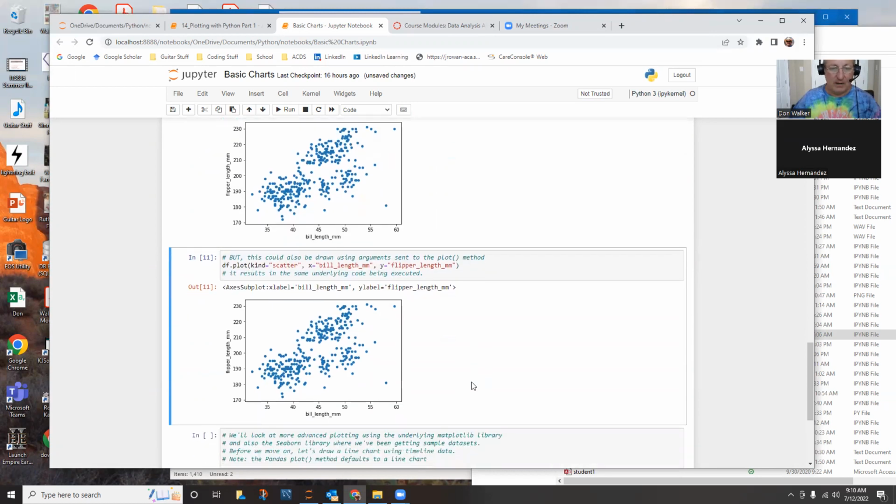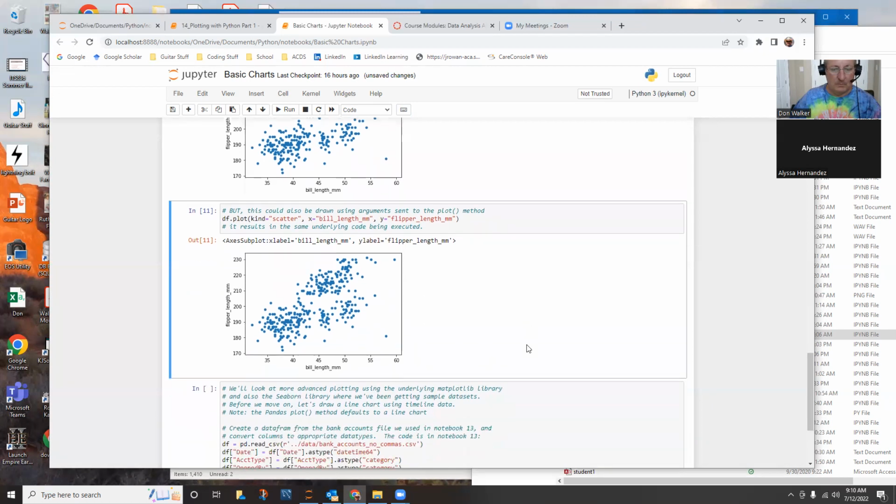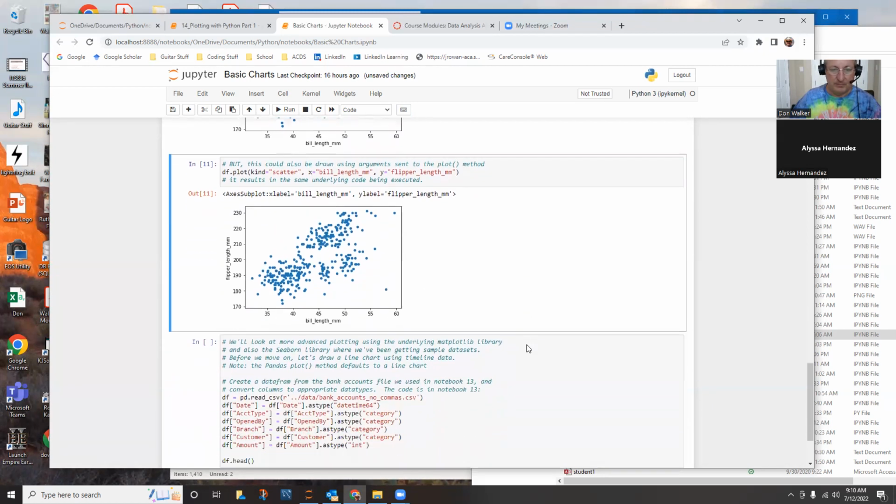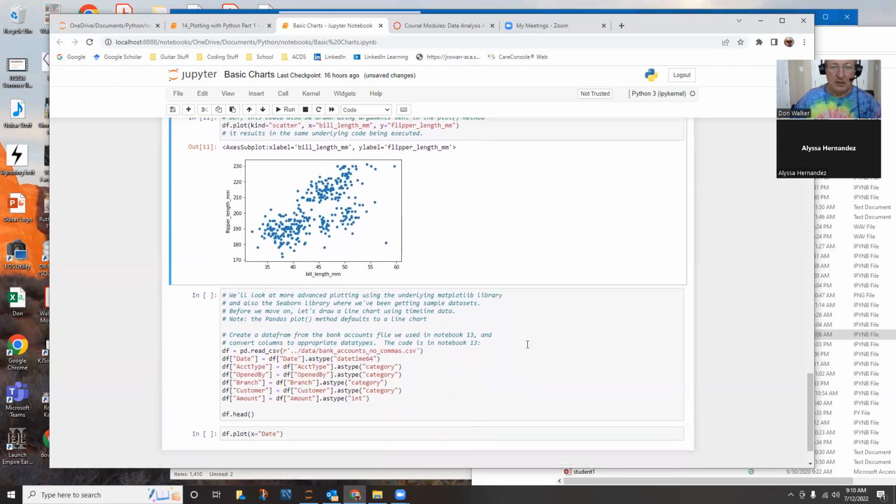So I'm saying it's the same code executing underneath. It's just a different way of calling that functionality. Hope that makes sense. Okay, so yeah, these are the absolute bare bones, just taking the defaults. Okay, so